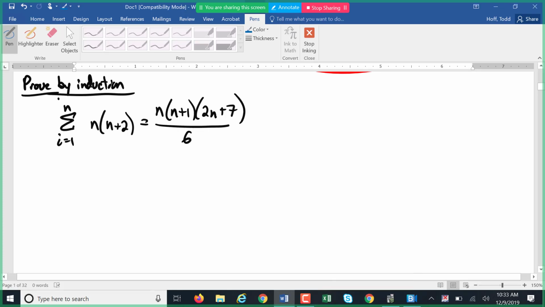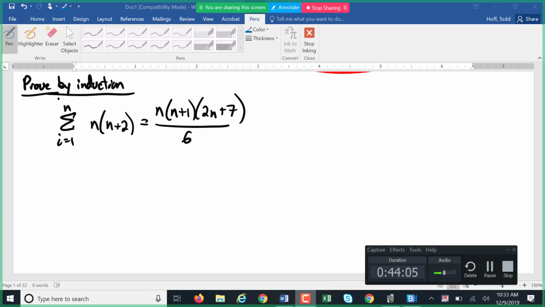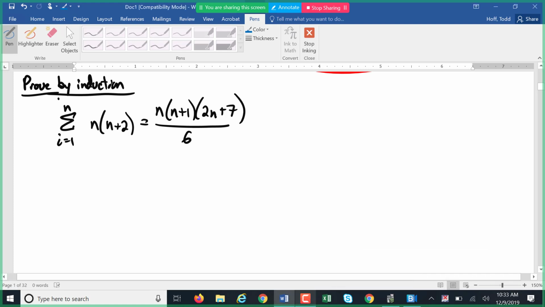So as you came back from break, if you got a chance, hopefully you looked at this problem a little bit. The sum from i equals 1 to n of i times i plus 2 is equal to n times n plus 1 times 2n plus 7 over 6. So again, let's show this